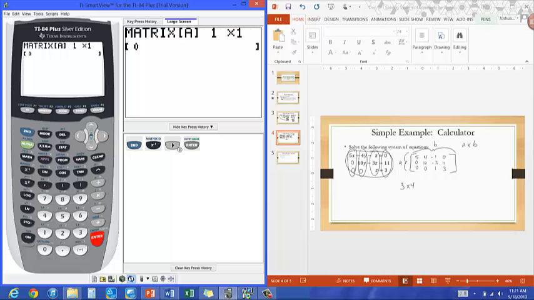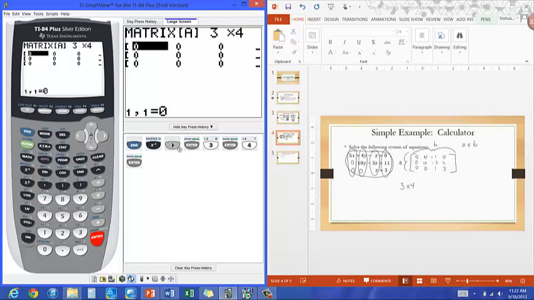Now, the size of our matrix goes into the first two boxes. So we're going to have a 3 by 4. So press 3, enter, and 4, enter. Now, it automatically goes to our first number. So now we're going to look at our matrix over here. And we have 5, 4, -1, 0. So plug that in. So 5, enter, 4, enter,